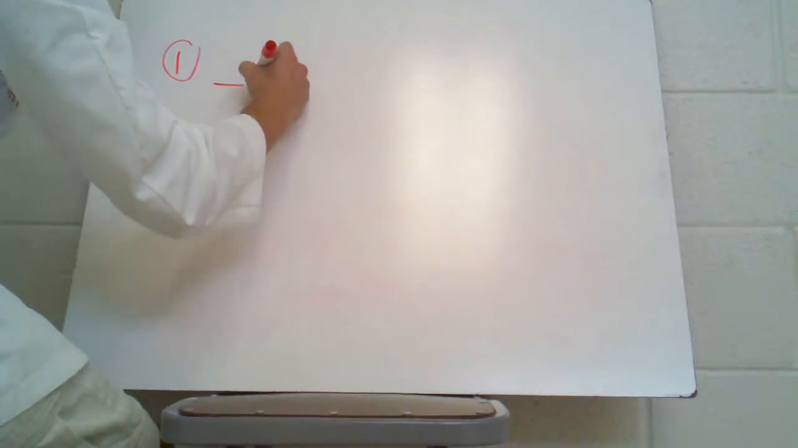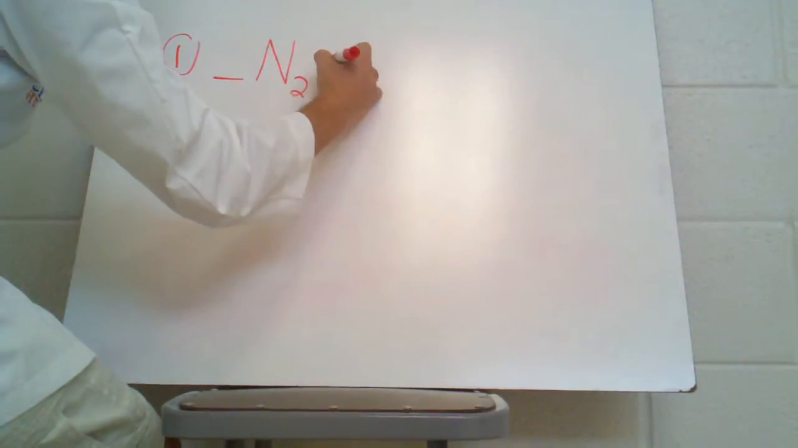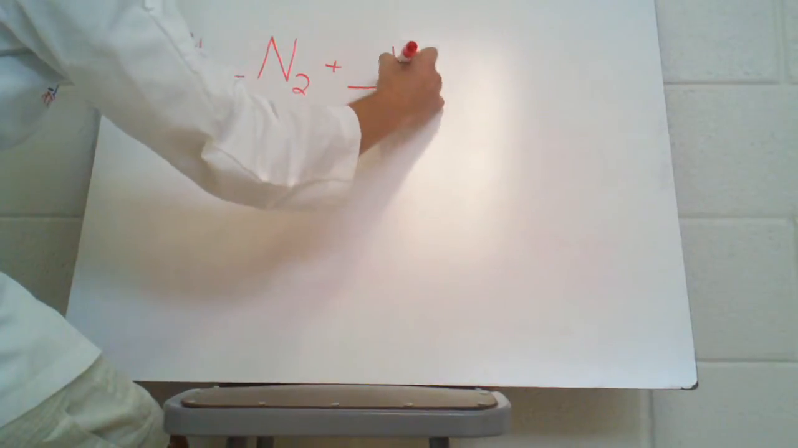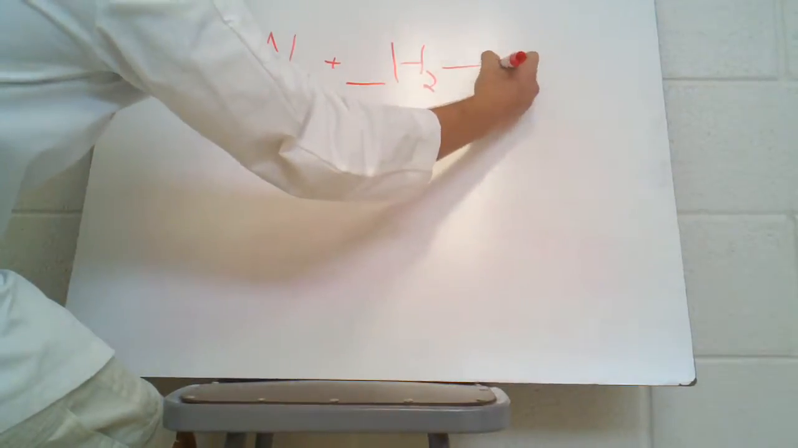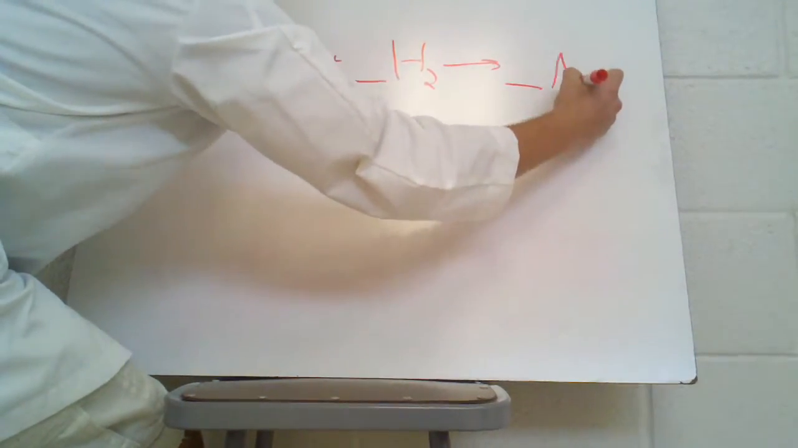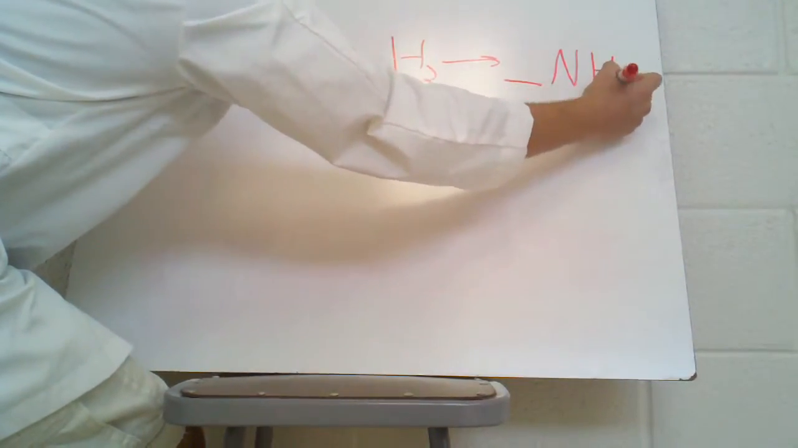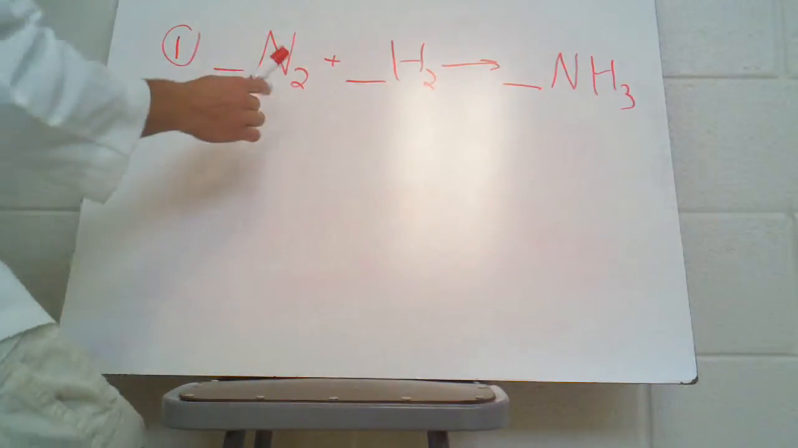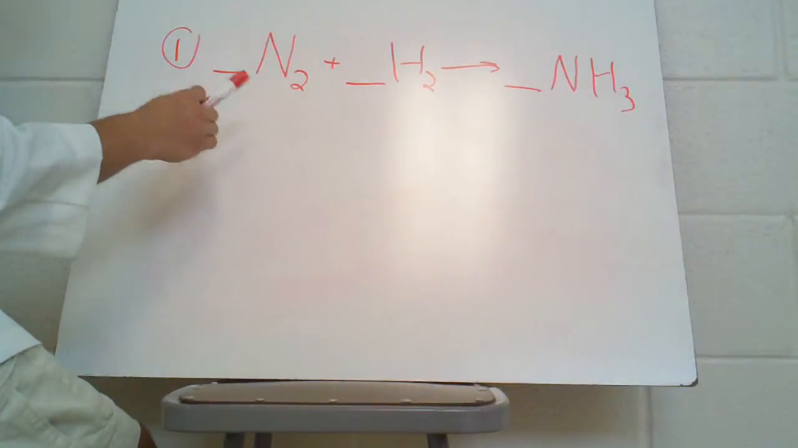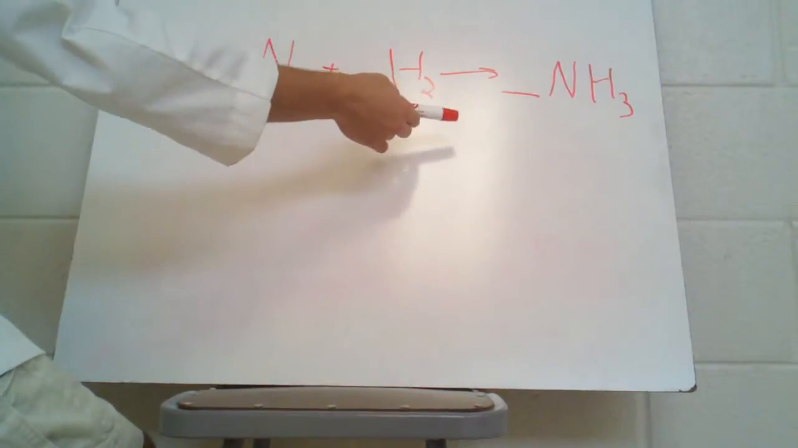Start off, nitrogen, maybe add hydrogen to make NH3. Alright, now, what we need to do when we balance an equation is make all these values the same